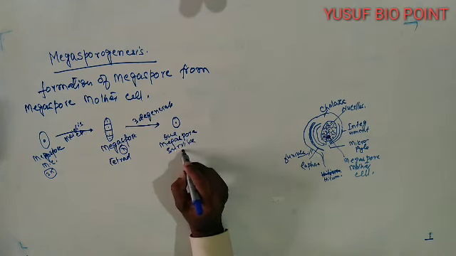The both nuclei go towards their pole and again divide to form 4. And finally again division takes place, that forms 8 nuclei. Now in the next stage, 1 nucleus from each side comes in the middle and remaining 3 at both sides. Now in the next stage, the cytokinesis takes place.